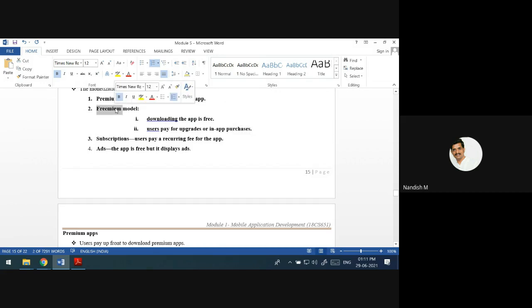That is called the freemium model. You have seen these types of apps. Many of the apps are like this. It is a freemium model, meaning you can easily download it, it is freely available, but if you want to upgrade, then they will ask you to pay. This is the best way of making money, the freemium model.